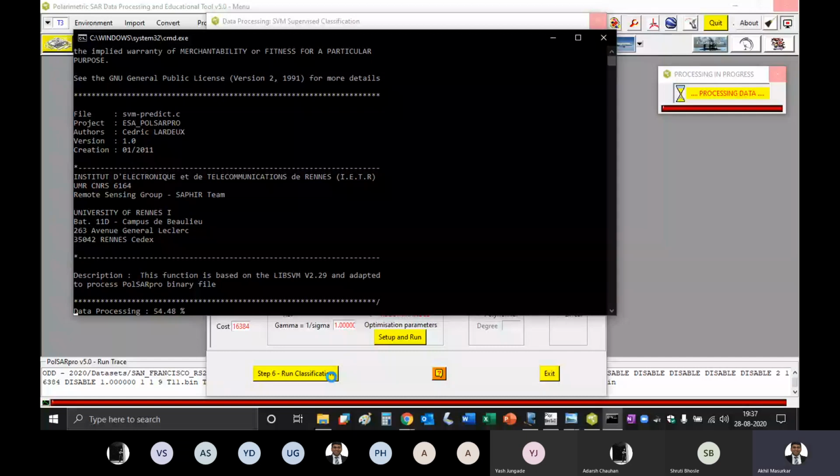Now, when we do this, there might be some very small islands that might get highlighted.